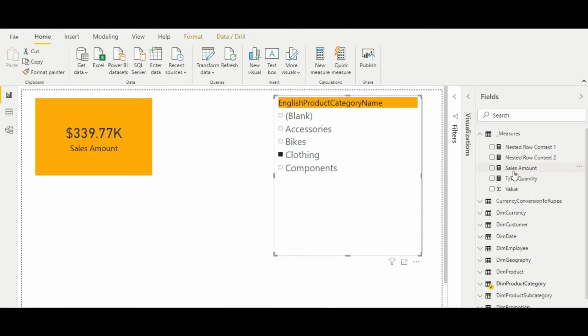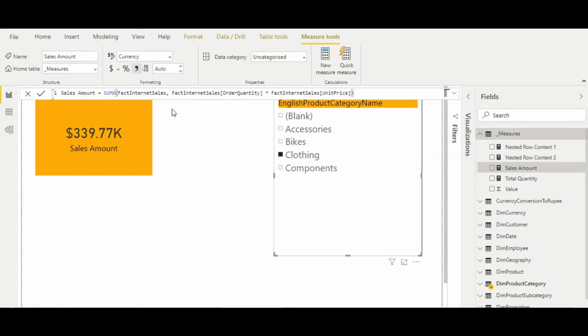Why has it changed? Because now this first argument, this table, will be filtered based on Clothing, and then the row context will be created on this table, which contains the sales only for the product category Clothing. Then the second argument will be evaluated and the sales amount returned. So this is the point.